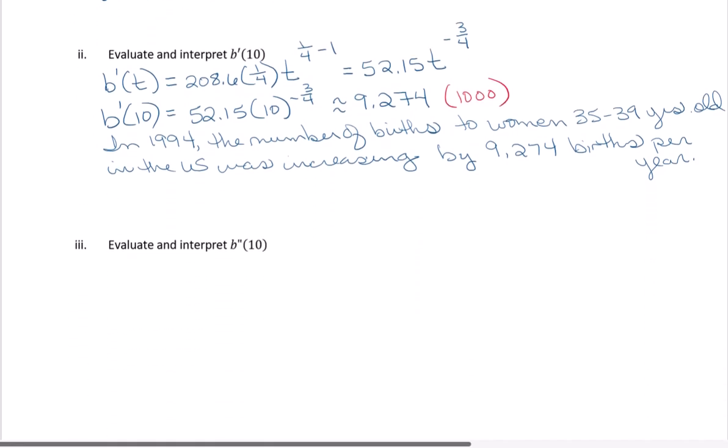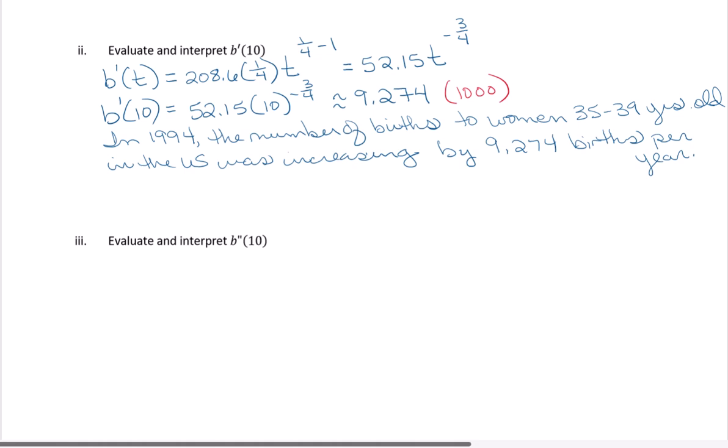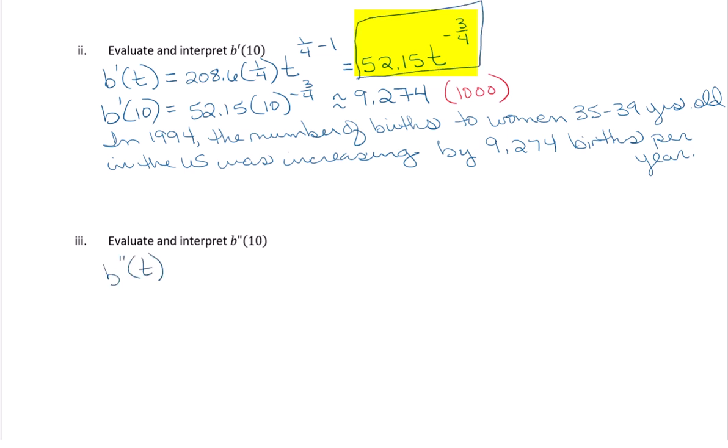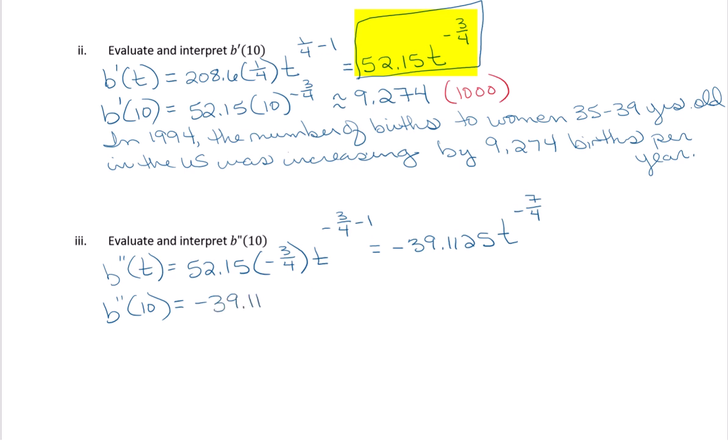Now let's scroll down to part 3, where they want us to evaluate and interpret the second derivative at 10. So we would take this function, which is the first derivative, and take the derivative again. And we would get a negative 39.1125 t to the negative 7/4. Now let's plug in our 10, and we get approximately a negative